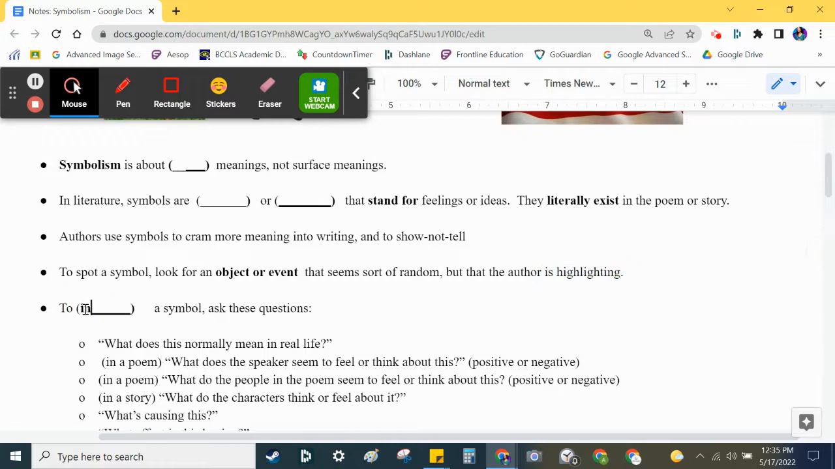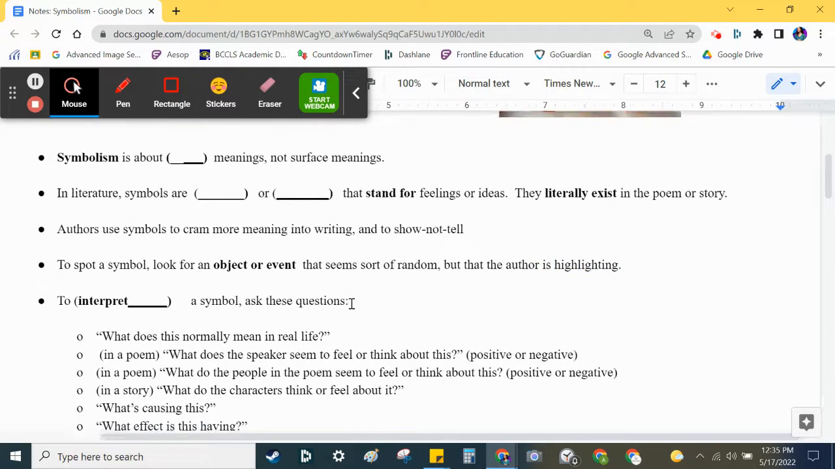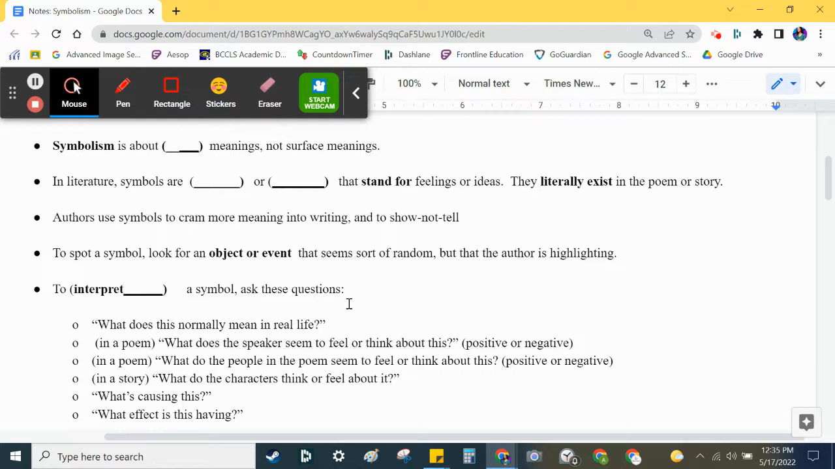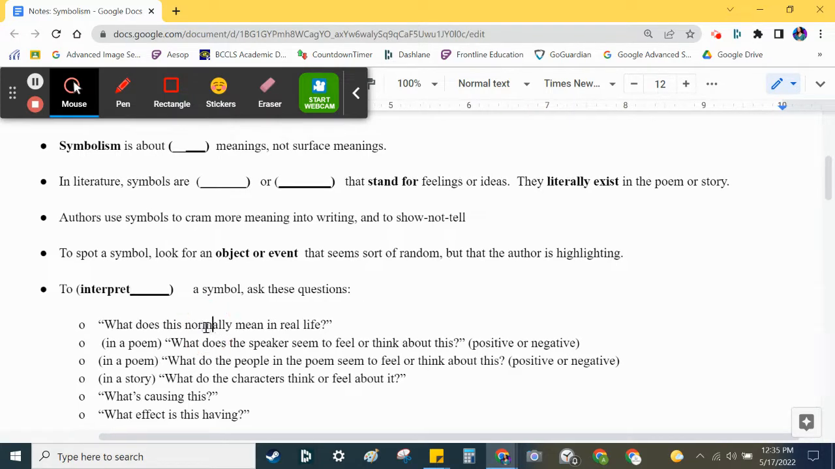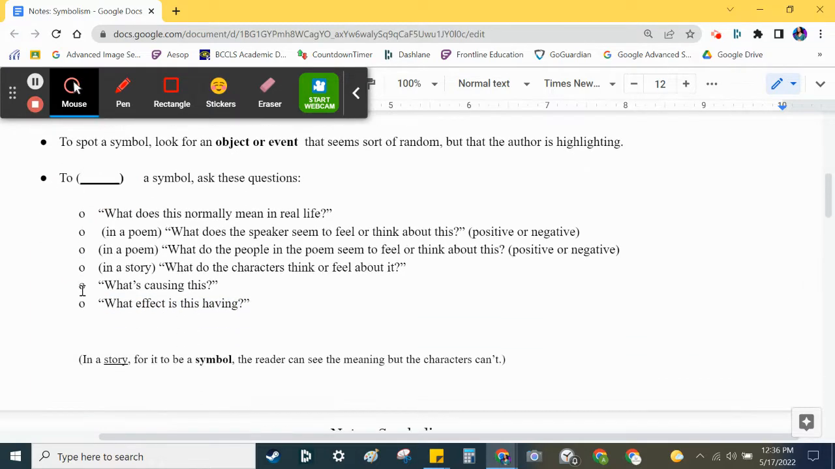And to interpret the symbol, you're going to ask questions like this. You'll ask, what does this normally mean in real life? Because a lot of times that's a hint to what the author's using it to mean. If it's a poem, you'll ask, what does the speaker seem to feel or think about this? Is it good or bad? And what did the other people in the poem seem to think or feel about this? Is it good or bad? If you're reading a story, you'll ask, what do the characters think or feel about it? You'll ask, what's causing it? You'll ask, what effect is it having? And the answers to all those questions will help you interpret what the symbol means in the story, or the